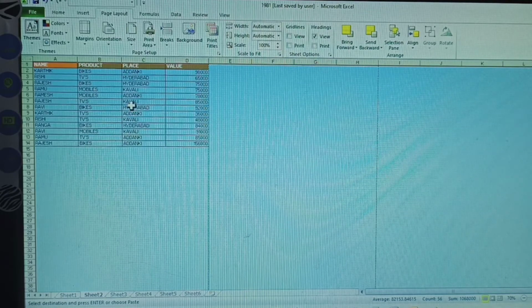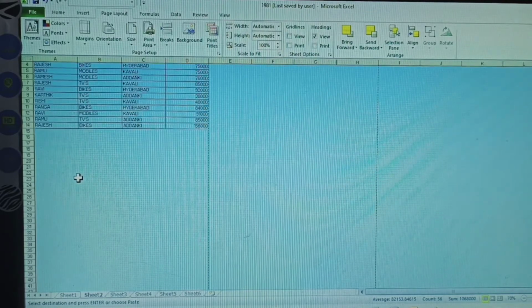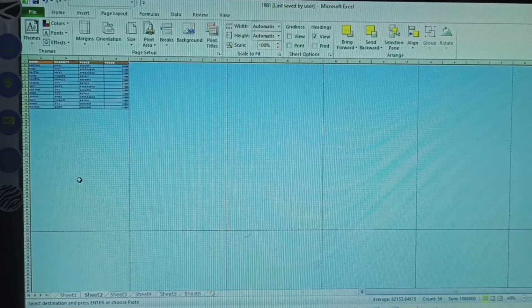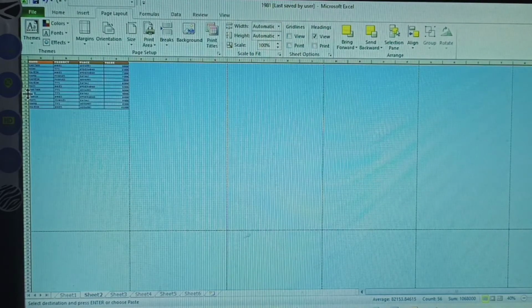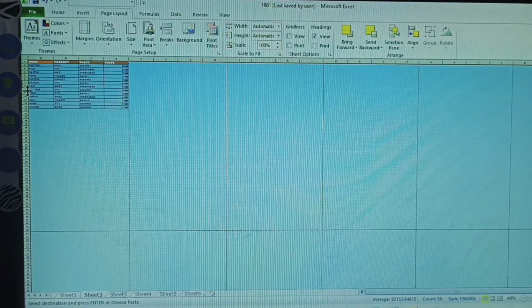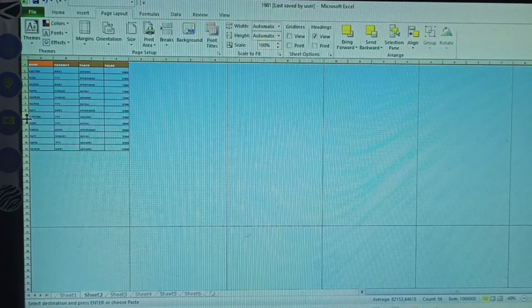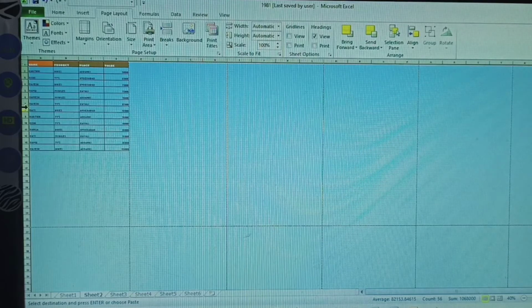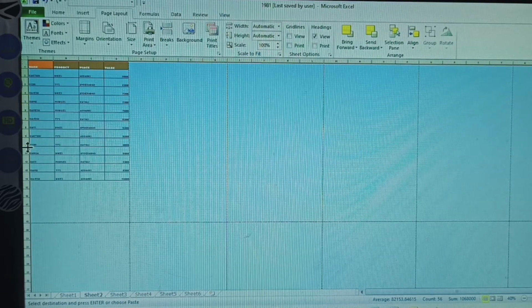Now fit to the width, and how to fit the height. The height is so much. Now on the right side, move the mouse and slowly expand the table, very slowly expanding the table.